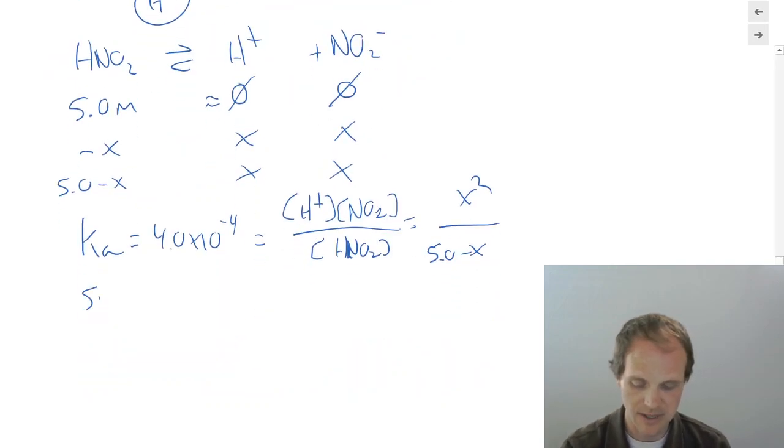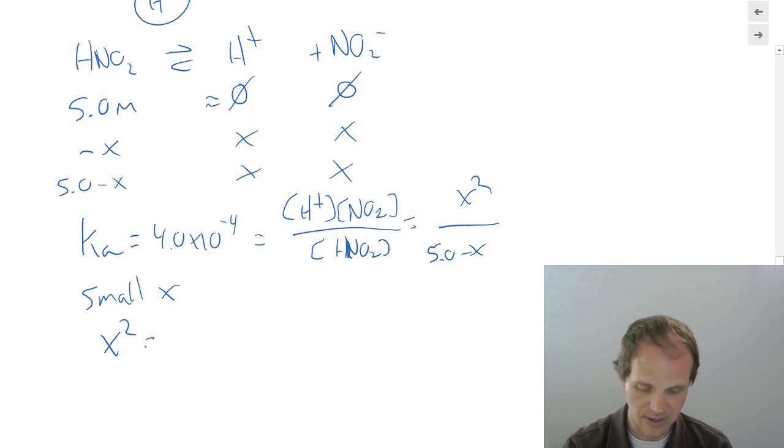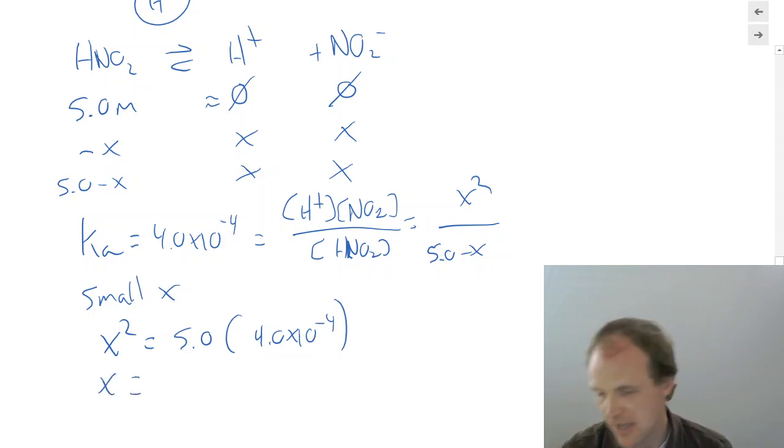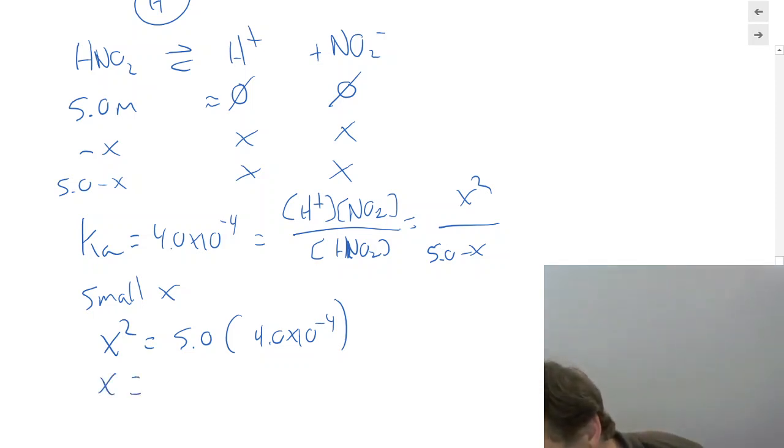We're going to go ahead and make that small x assumption. And we get x squared is 5.0 times 4.0 times 10 to the minus 4th. And if you solve that, you just get that x is